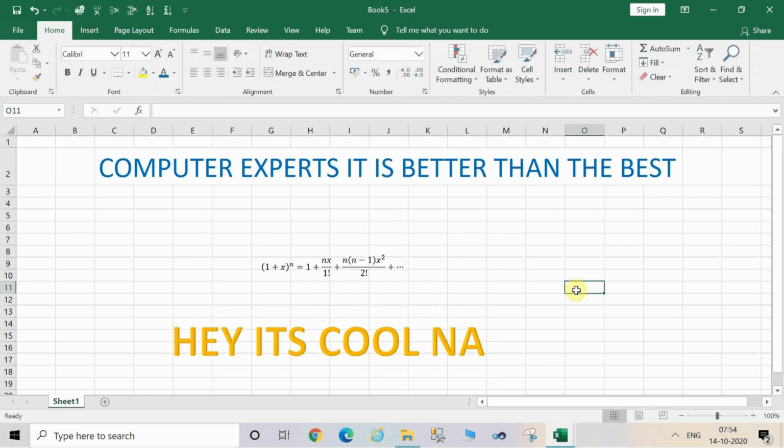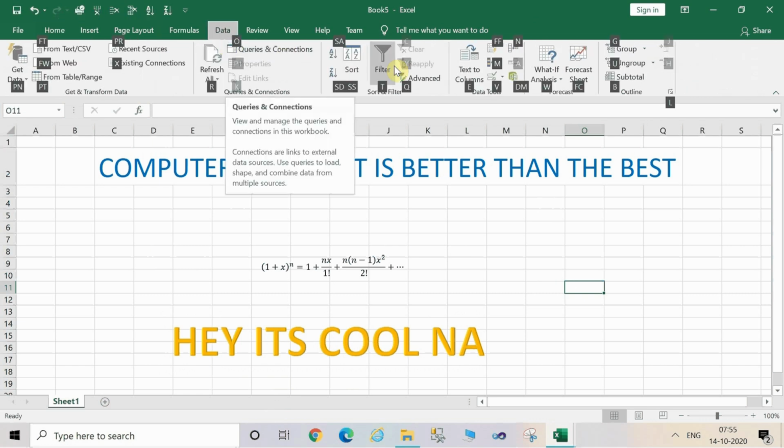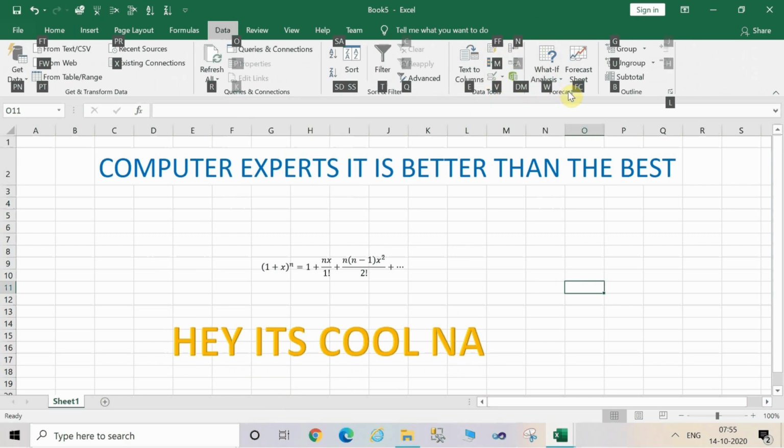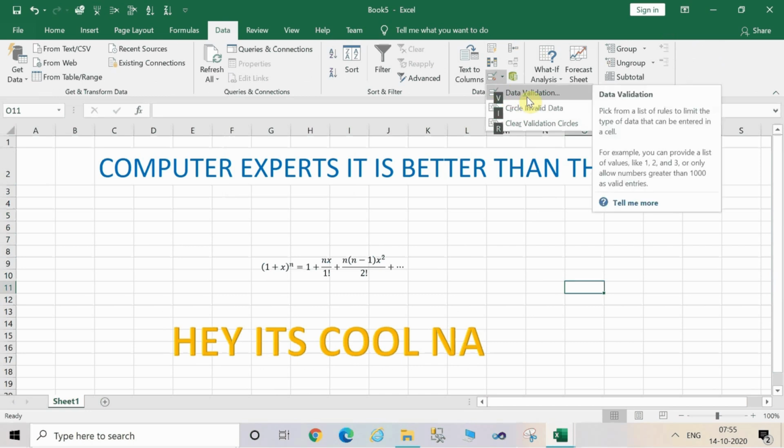So you can try your another border also. In this way, you can operate the Excel with the help of keyboard. And if you want to use another options, press the Alt button from your keyboard and see the corresponding keys highlighted, and you can use those keystrokes for operating on the Excel, right? I think it's a cool feature when you're not having the mouse and you have to work with the keyboard, right? So I'm showing you another option of data validation.